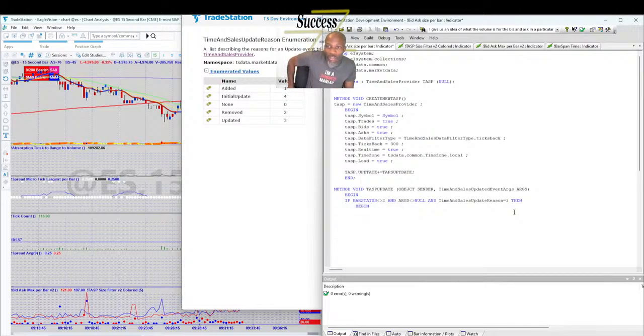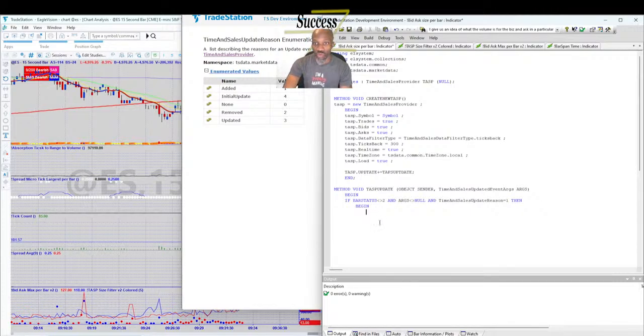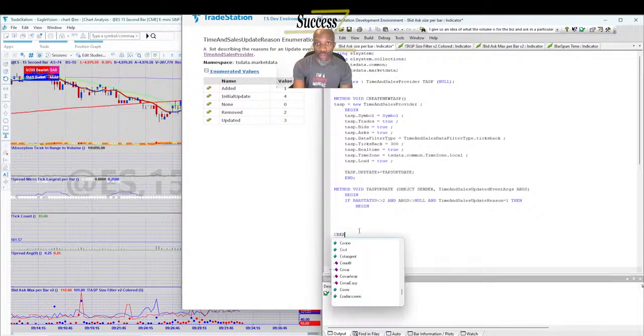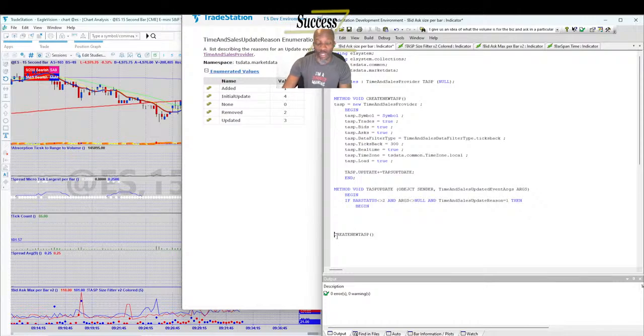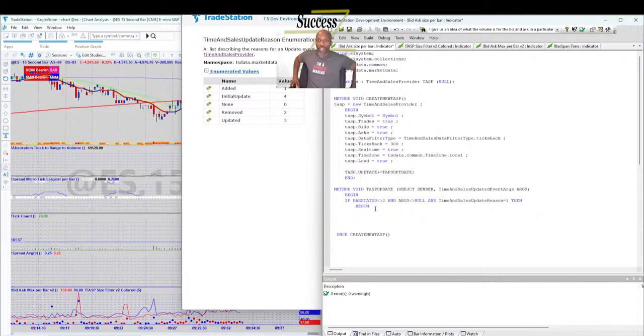Then begin what? Well, for one, we need to be sure that we create the new task. Okay, so we'll just come on down here and we'll just do create new task. That should suffice. Do that once. All right, so what are we going to begin? So if new data is added, then what do we want to do? We want to look at there's